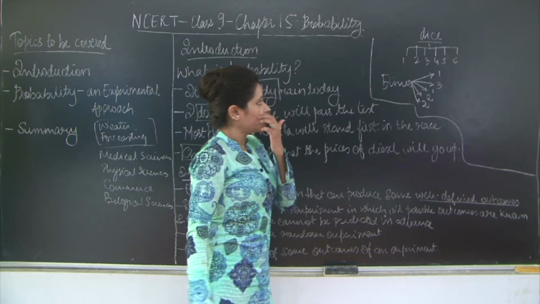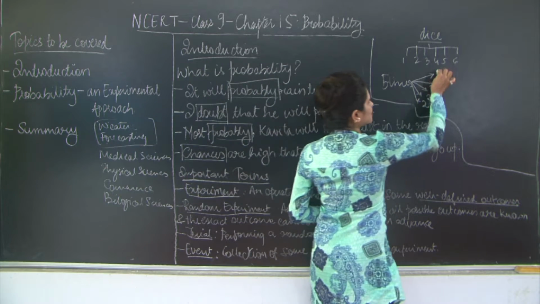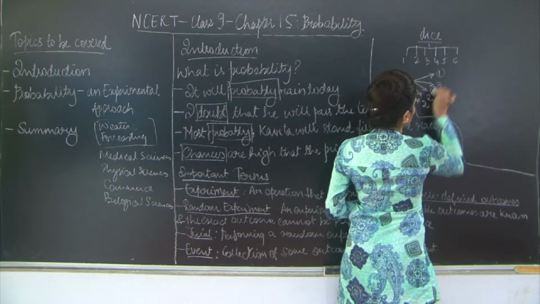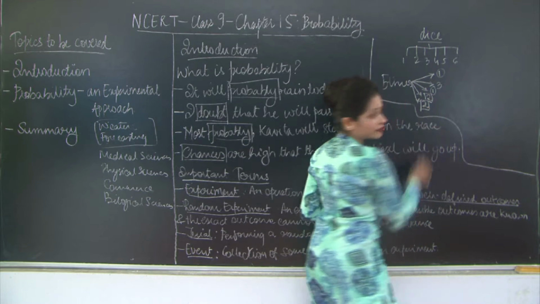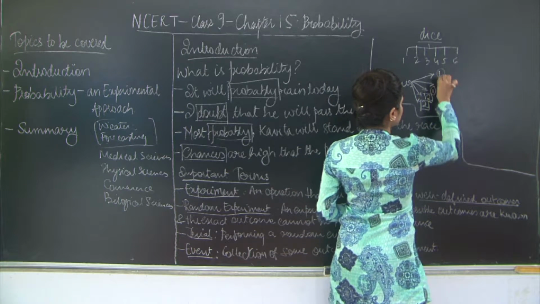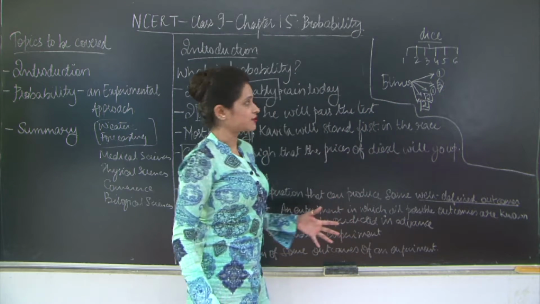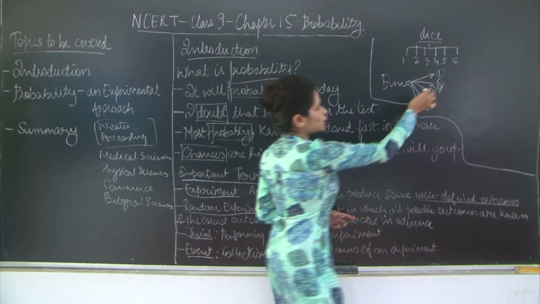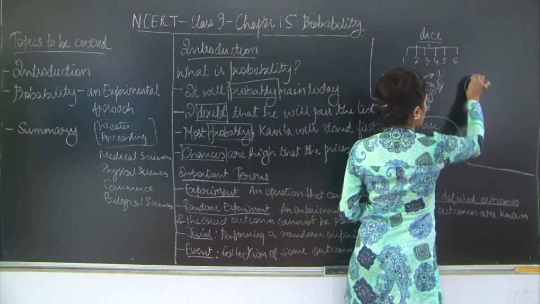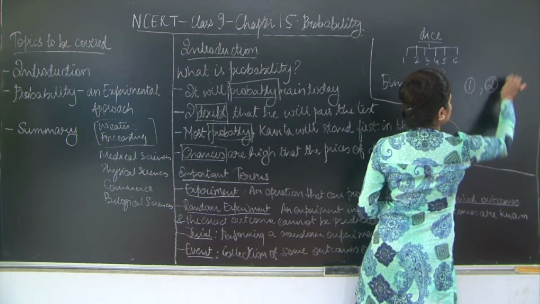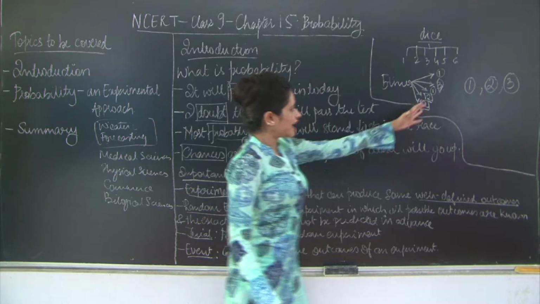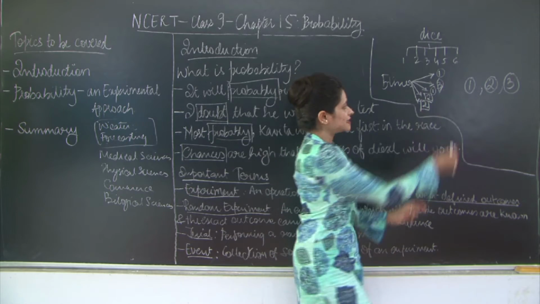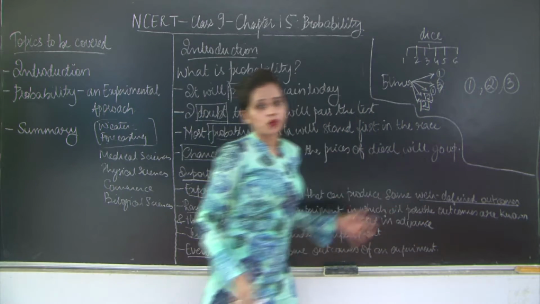So what I'm going to do is take this and this because I got the same output, that is 1. Then I'm going to take 2 and 2, and then I'm just going to take a 3. So you have 3 groups here. This is the same thing, collection of some outcomes of an experiment. So here our collection is 1, 2 and 3. Although 3 has appeared just once, it's still an outcome, right?